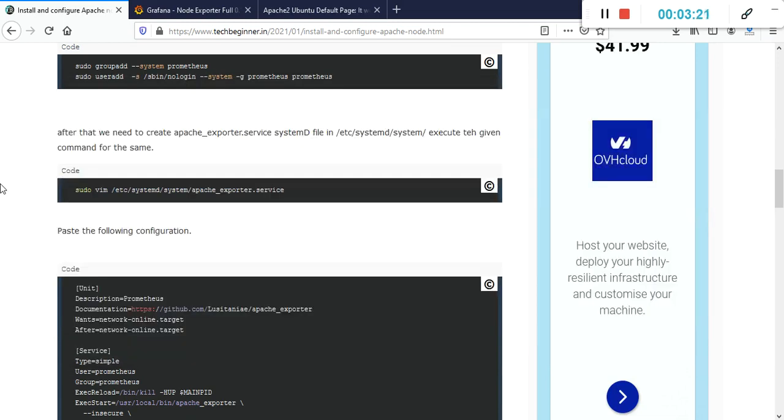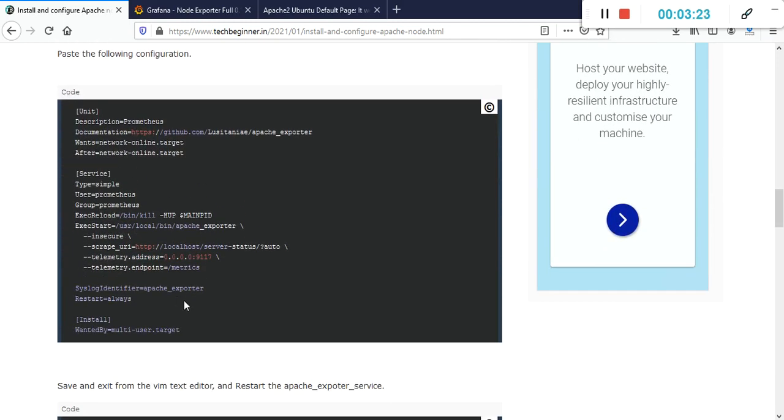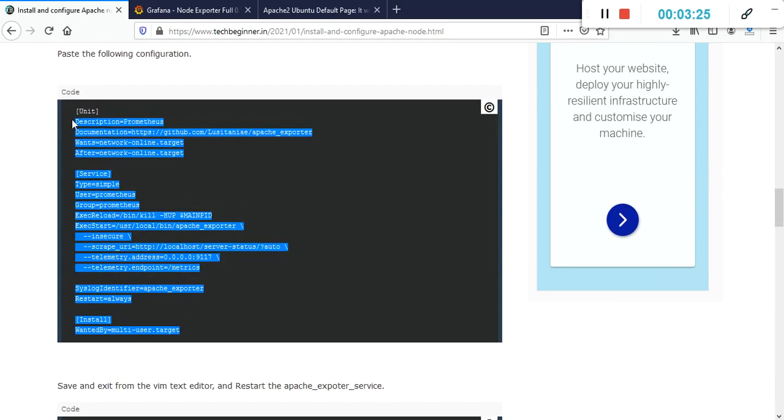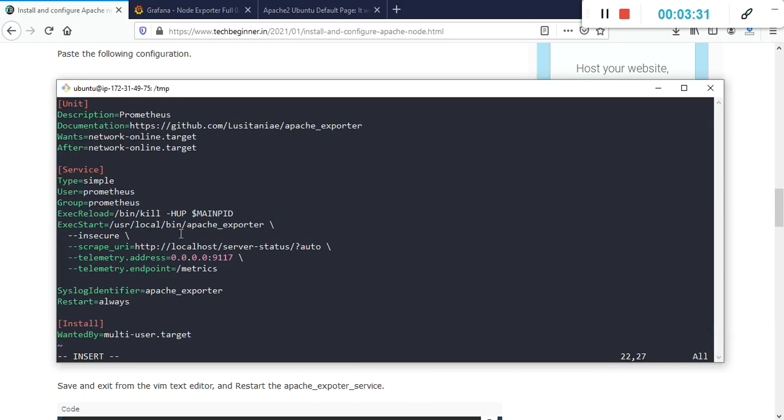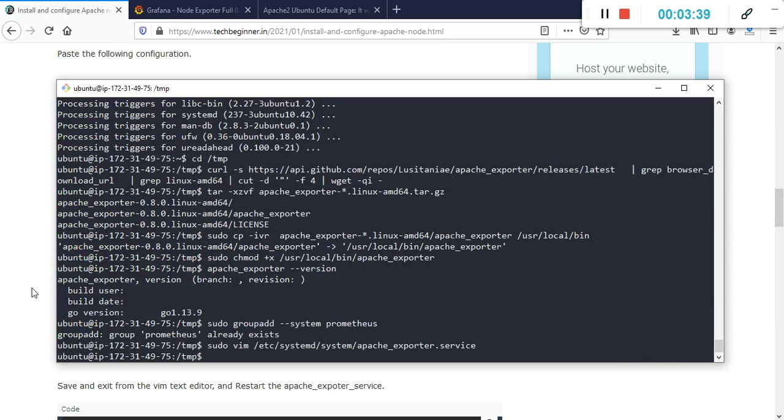press the I button for insert and after that you need to copy this entire thing and paste here and here we can see that it will work on 9117. If you want to change according to your requirement, you can change it.